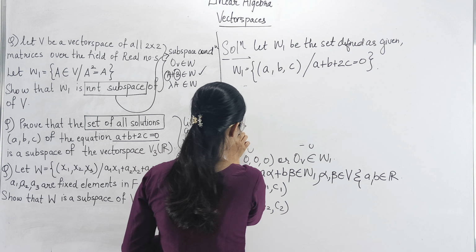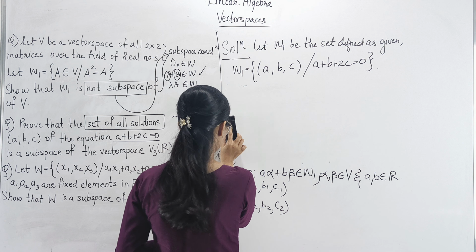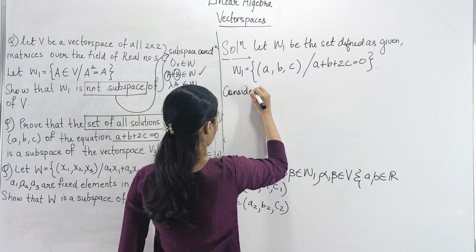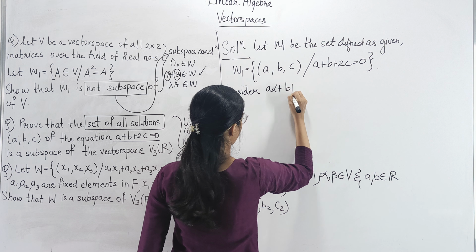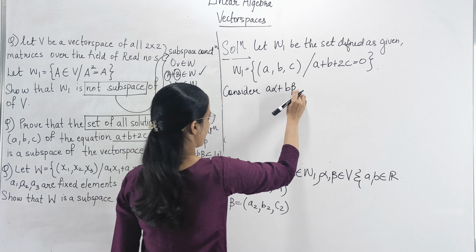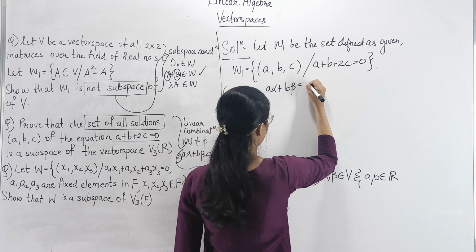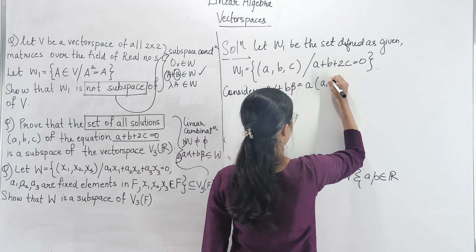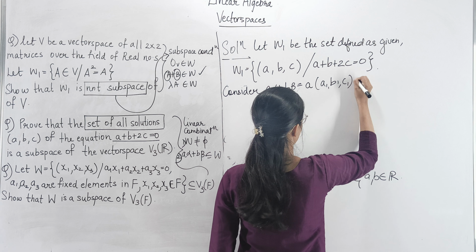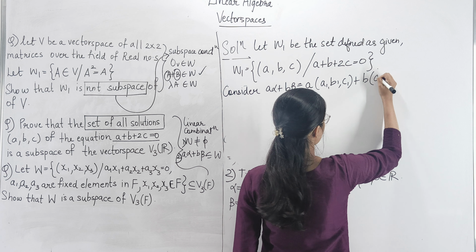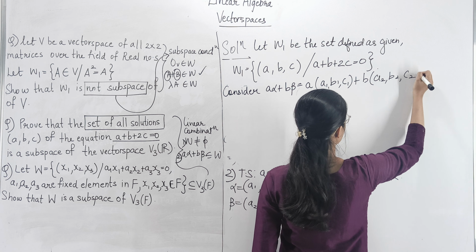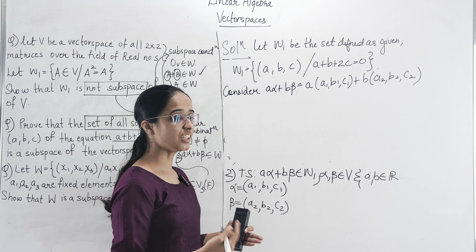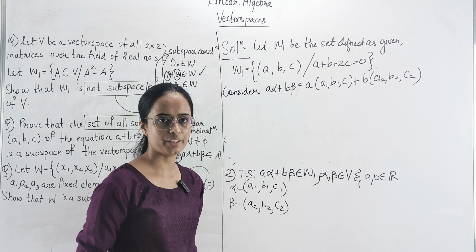Now I will take the linear combination of alpha, beta, a and b, which is written as, you would just say, consider a alpha plus b beta. Okay. This is equal to, we all know a would be written as a because we have given the same. Alpha is nothing but A1, B1, C1 plus b, beta is nothing but A2, B2 and C2. Now we are going to solve this first and then move ahead to check whether the resultant that we get satisfies this property or not.